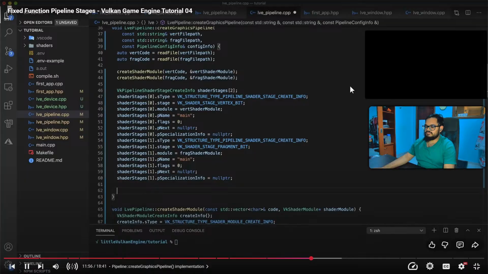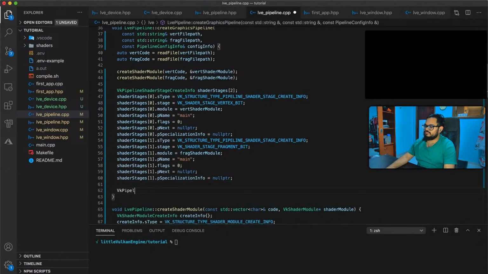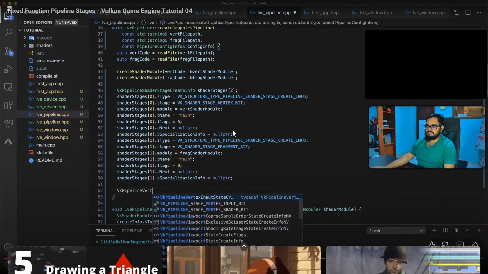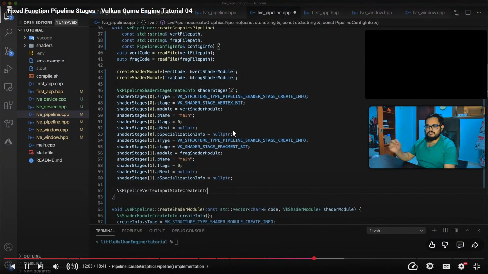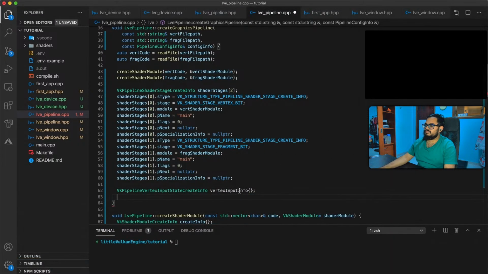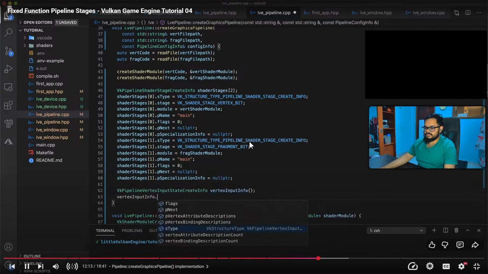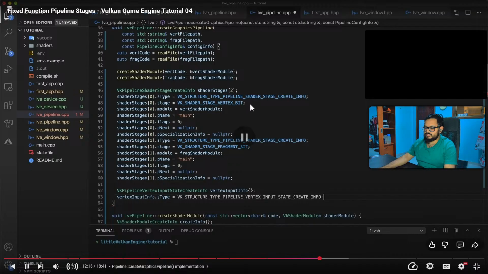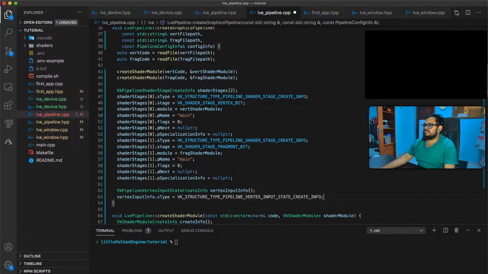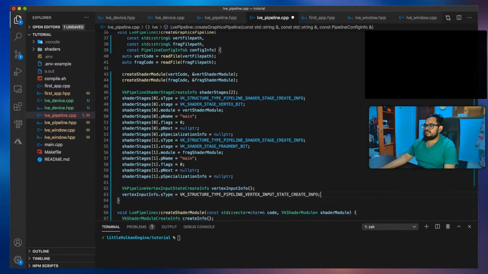Create a new local variable of type VkPipelineVertexInputStateCreateInfo called vertexInputInfo. This struct is used to describe how we interpret our vertex buffer data that is the initial input into our graphics pipeline. We need to set its sType to VK_STRUCTURE_TYPE_PIPELINE_VERTEX_INPUT_STATE_CREATE_INFO. Okay, so